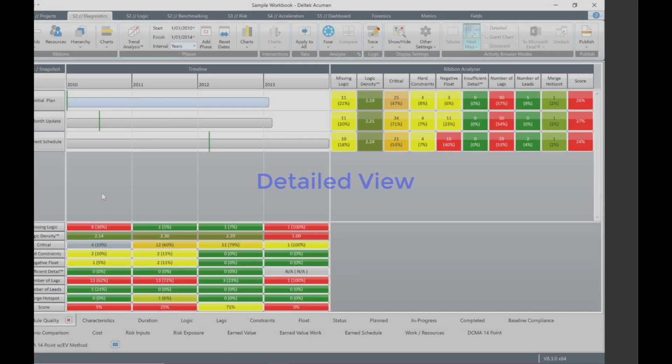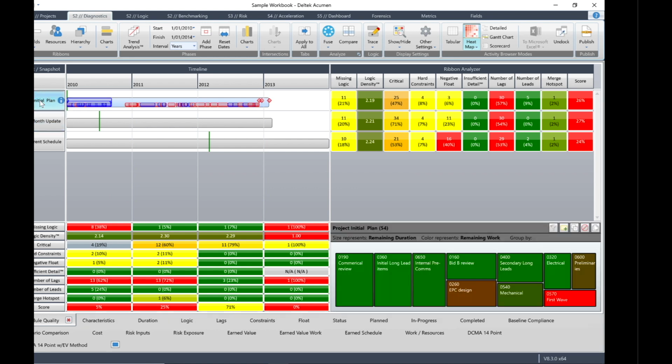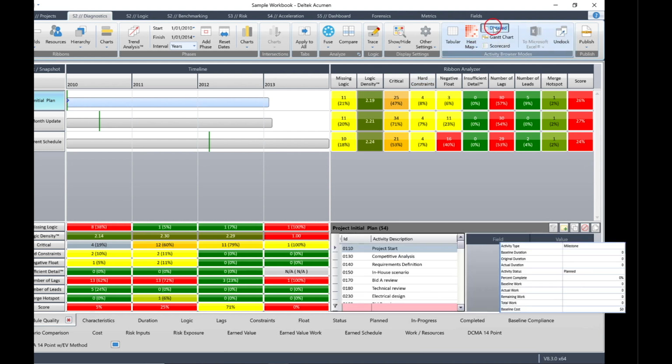Next, we'll look at the detailed view. Select the initial plan to show its data in the activity browser. In the activity browser modes group, click the detailed button. In the activity browser, you'll note that it has two panes. The left pane shows a list of all activities in the analysis, whereas the right pane gives us more details